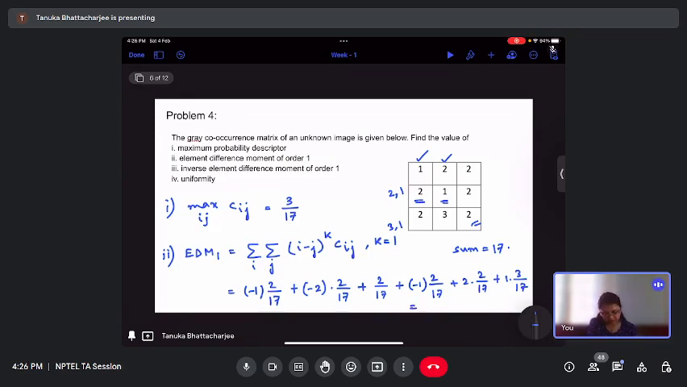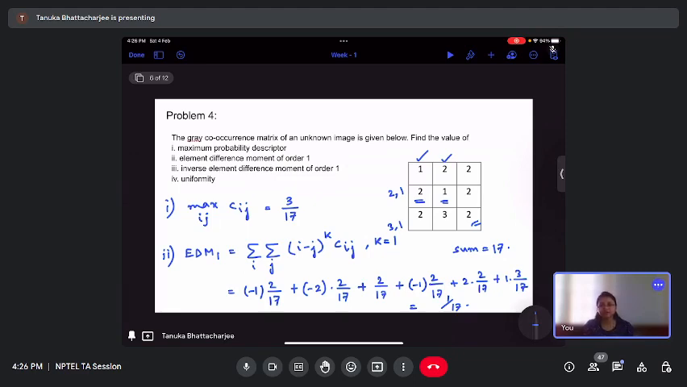and that will be 1 by 17. So, this is the element difference moment of order 1. Similarly, you can compute element difference moments of higher order, where you will just have k equal to 2, 3